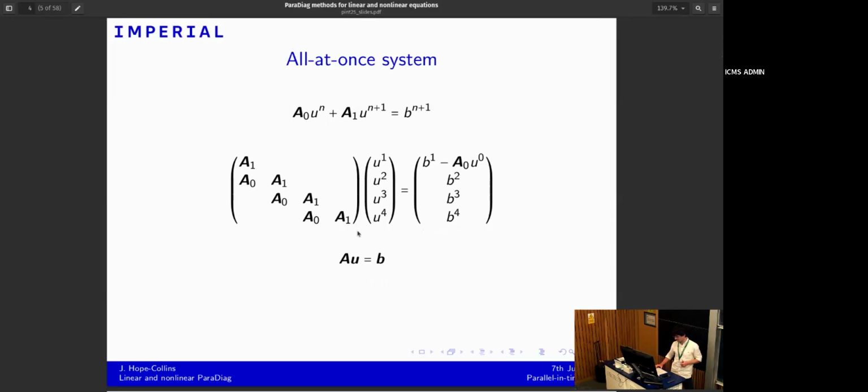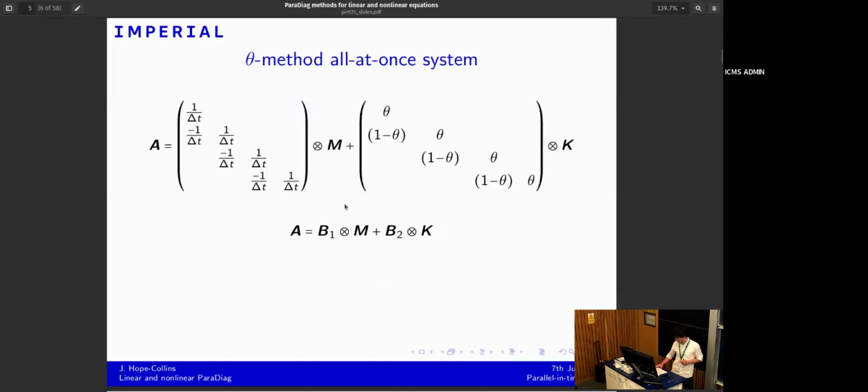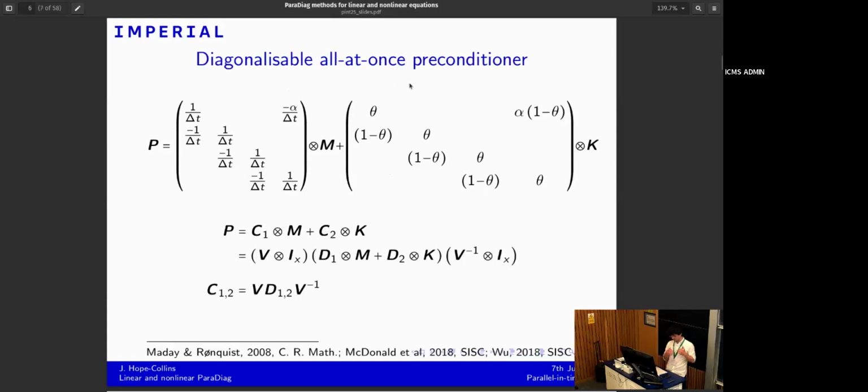So put it into an all-at-once system that most of us, I think, are very familiar with. We have one row per time step, and you have this recurrence relationship. The theta method, this is what it looks like if you break it out in Kronecker product form. You have these B1 and B2 matrices that describe the time stepper. So for different time stepping schemes, the mass and stiffness matrix will be the same, but B1 and B2 will change. And ParaDiag 2, which is what we've been working on, preconditions this matrix with an alpha